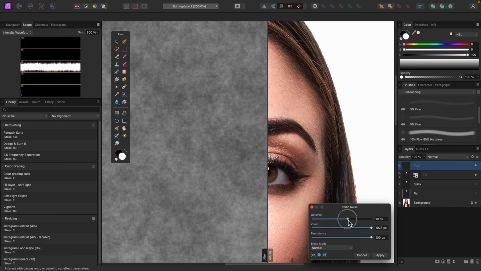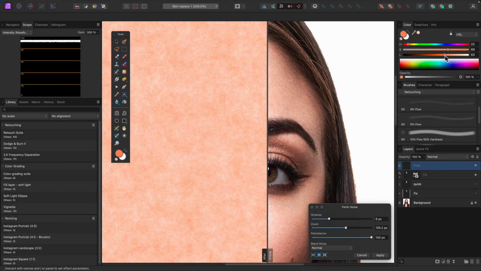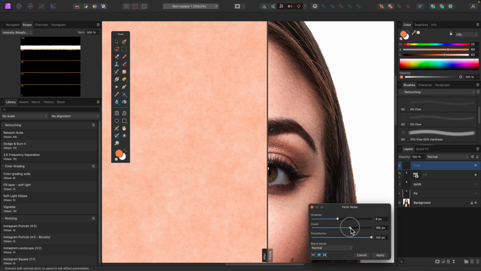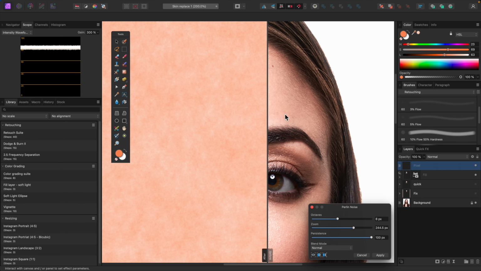Now, of course, right now we're looking at it in black and white because those are the two colors we had initially. But by using that skin patch we took earlier, I'm going to go ahead and set the black to that, so I have this skin tone and going to white. Right now it's probably really hard to see on YouTube, so I'm going to lower the luminosity so we can see more of what we're doing. I just want to use this to get something that looks like tonal skin variation. So now that you can see what I'm doing, I'm going to raise this up again,